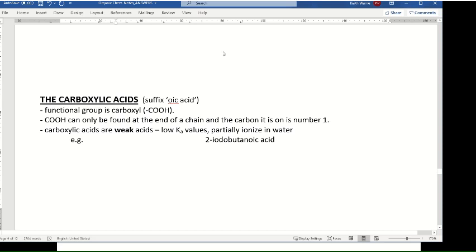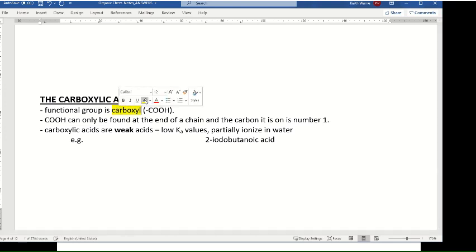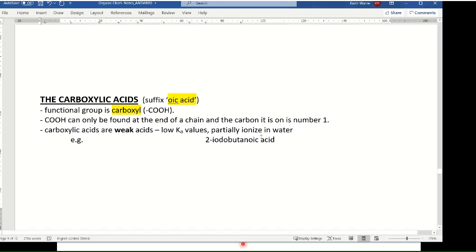Right, so here we're going to look into the carboxylic acids, a little bit about their structure and some of the reactions. So the functional group is this carbonyl functional group. Now I'm going to have a look at that in the PowerPoint. You'll see the suffix for the carboxylic acids is oic acid, but I want to look at this in the PowerPoint as it gives me a little bit more flexibility. Alright, so let me jump across here